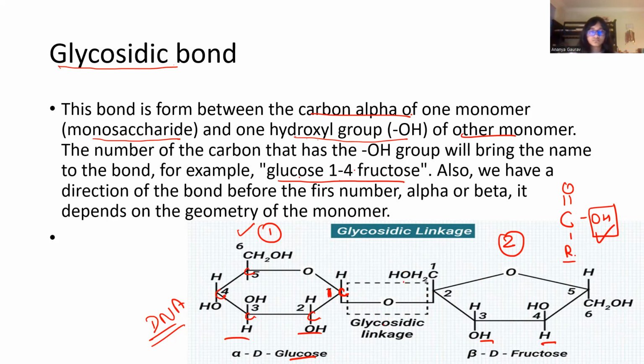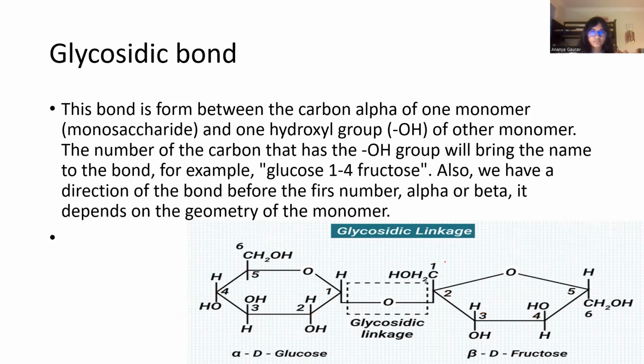If you want it, then you have to make this one as our 4, then 3, 2, 1, and this will remain as a 5. It depends on where you start the number. Just like here, the number is 1. Here also the glucose number is 1. So the name will be what? Glucose